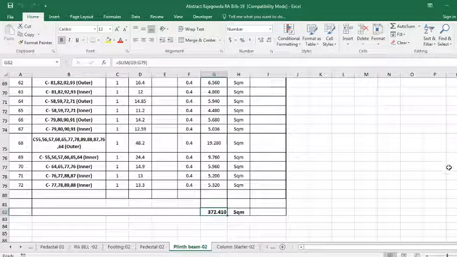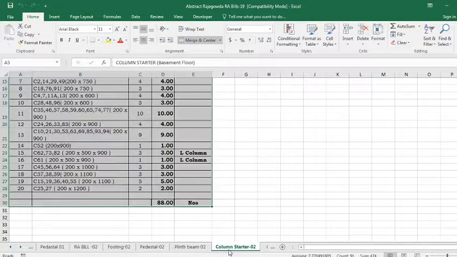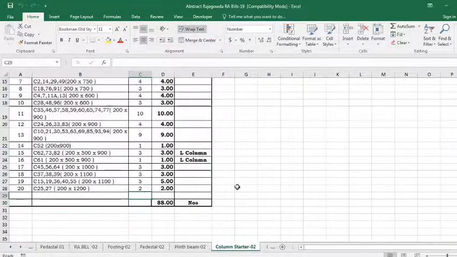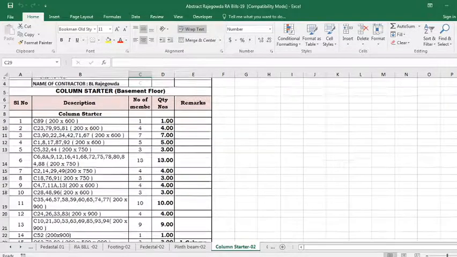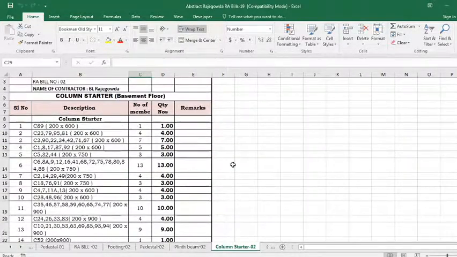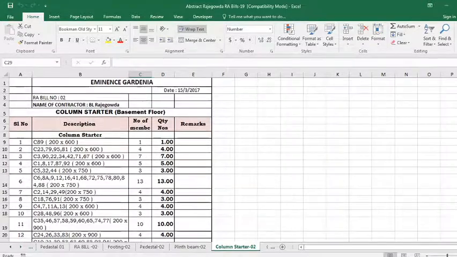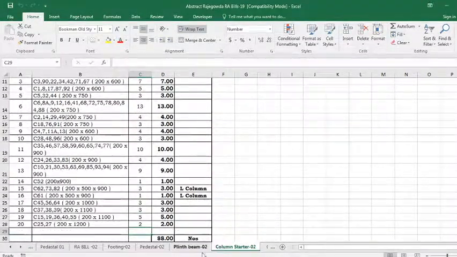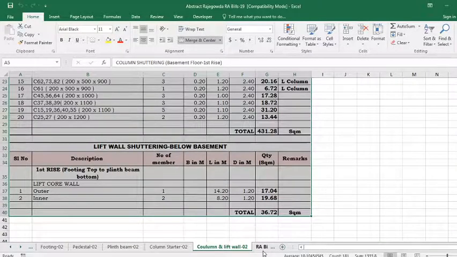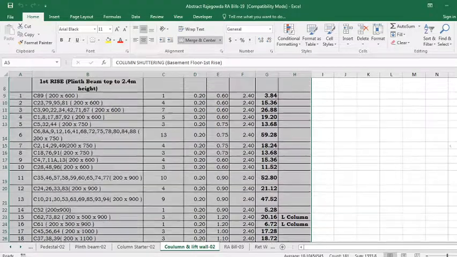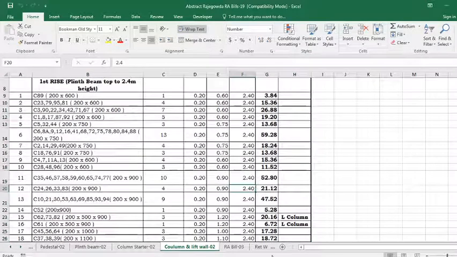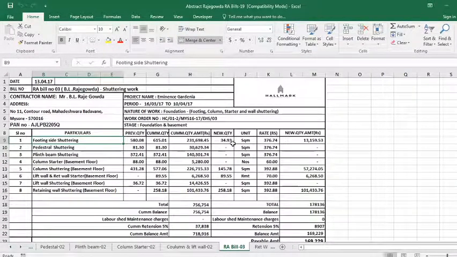Now if I'm talking about a plinth, then where all, right? You can see here we are talking about the columns, column starter. So which, what, and what is the quantity. When we add the total numbers, we will get the total, right? This is column and lift wall, and its bill. The bill will have a cost per quantity. So per unit will have a cost, right?